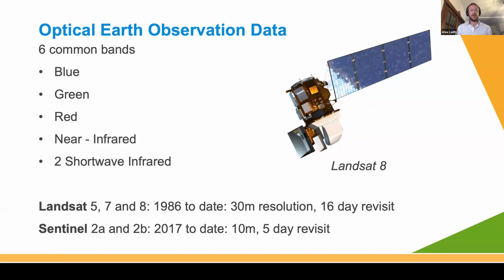There's also a new program, the Sentinel from European Space Agency, and Sentinel-2 is optical satellites. There are 2 of them, Sentinel-2A and 2B, and they orbit on the opposite side of the Earth from each other, which means that they've got a 5-day revisit time and 10-meter resolution. So it's higher spatial and temporal frequency for that, but they don't have the same depth of temporal data that